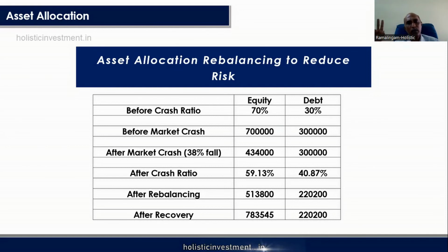Similarly, in October 2021, when market touched all-time high, again we will do rebalancing. Because of that, you will move money from equity to debt. Subsequently, when the market crashes, you will have lesser impact. So this allocation rebalancing you are able to do without looking at macros. Simply looking at your portfolio. This 70-30 is what you have to maintain. Rebalance it. Simple. Don't pay attention to media views, macro news, because those things change. This 70-30 is fixed for you. When this 70-30 is sensibly getting dislocated, rebalance it.